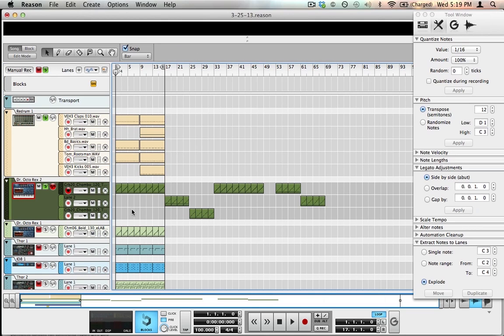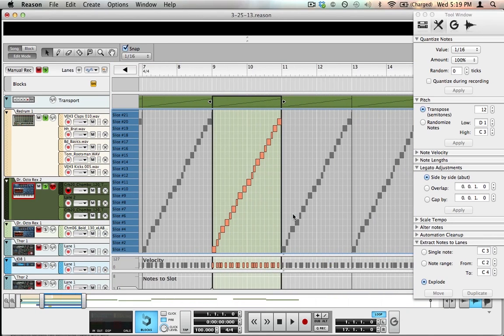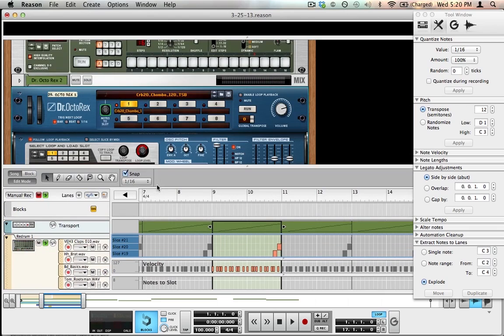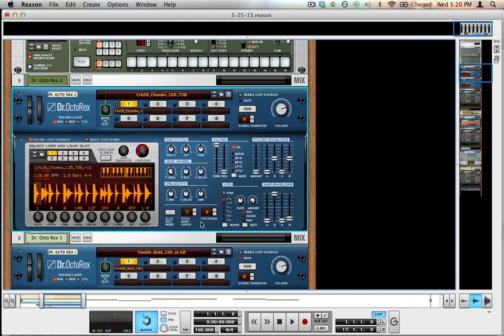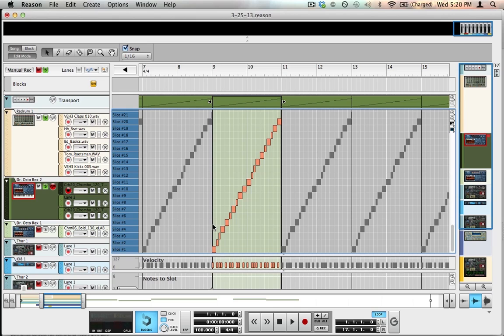So now the Dr. Rex puts the drum beat in a chromatic sequence. It's all chopped up, so each one of these is a separate hit through that Dr. Rex sequence. And this is what makes the Dr. Rex really cool, is that it's broken up like this. So we'll go through some different options that you can do to make it fit in with your drum beat. So right now we have this,